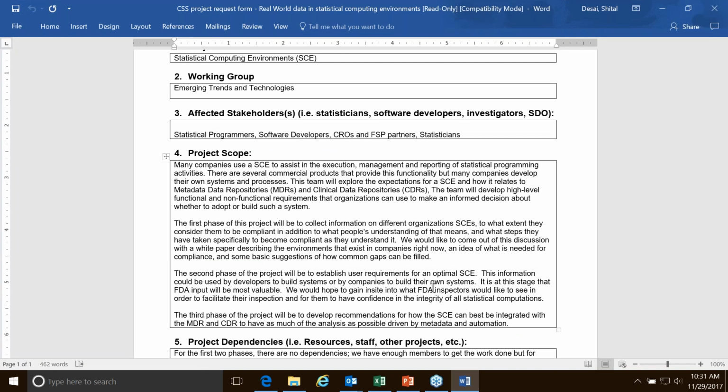Basically, this project came from the single day event presentation I made at Bayer in August 2017, and this stems from some of my experiences at Genentech, where we see an industry trend where there's an extrapolation of clinical endpoints that is now incorporating genomics data as well as standard clinical trial data into statistical computing environments.